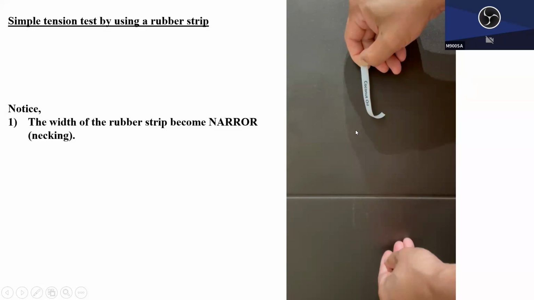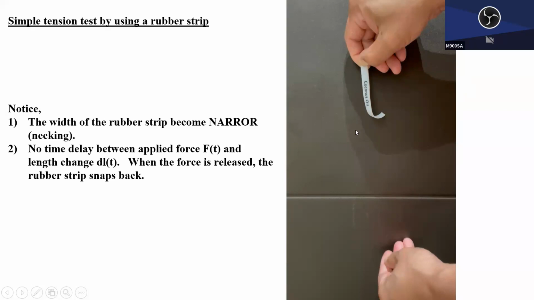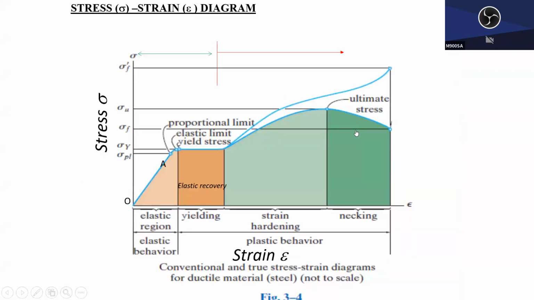And the other thing is, the force applied and the change of the length, in this case, can be viewed as a time function, but it's exactly the same. When I let go of the force, the length goes back to the original length. So there is no time shift between force and the change of the length, okay? All right. So the takeaway message is that in this elastic problem, between the applied force and the deformation, there is no time dependency. Because of that, we can plot this kind of stress-strain relationship, okay?